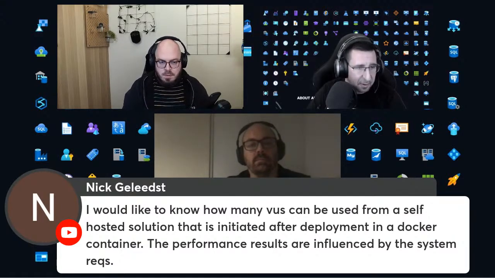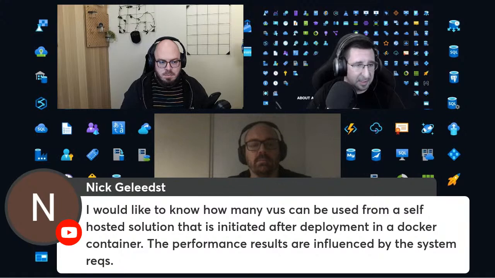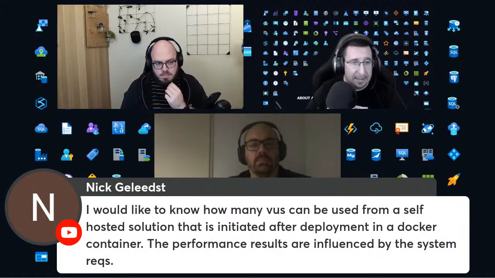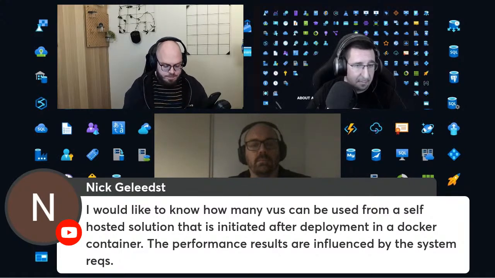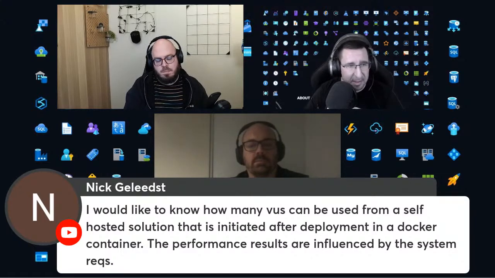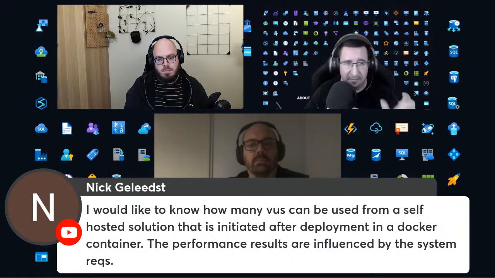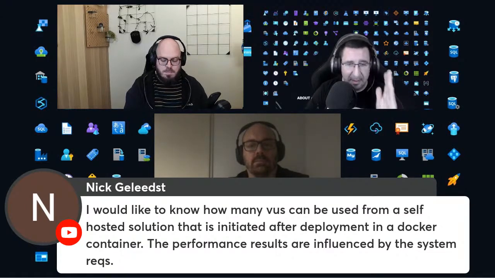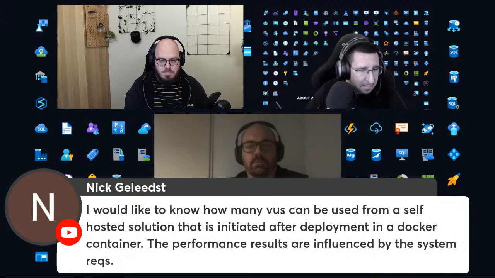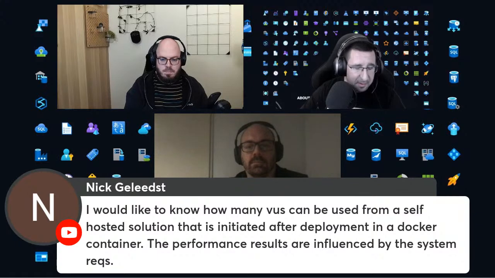And the last point is that the performance results are influenced by the system requirements. Well, I think you should ask that to the requirement engineer, right? I'm not sure if this is system requirements or requirements. So if it's something that is a requirement set, or I'm not understanding fully this last part, but of course, if we're talking that the performance results are influenced,